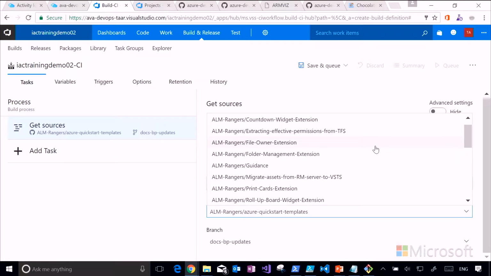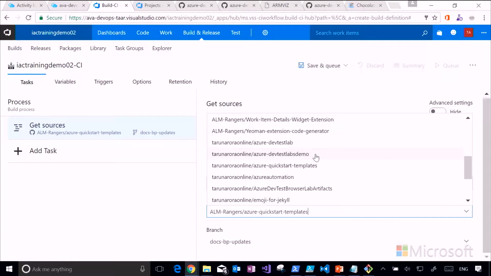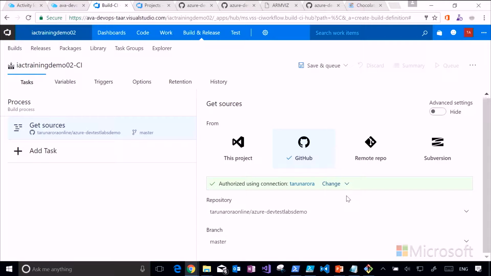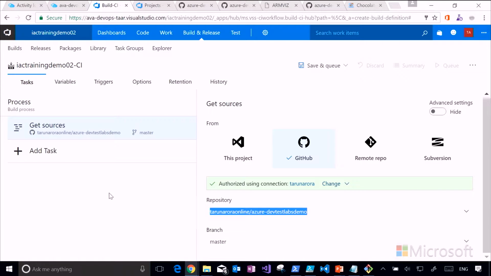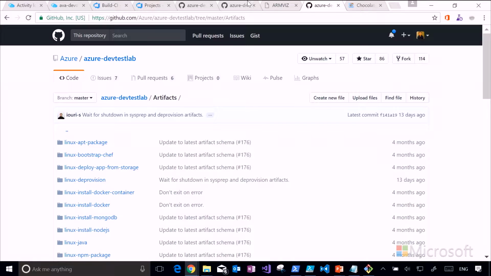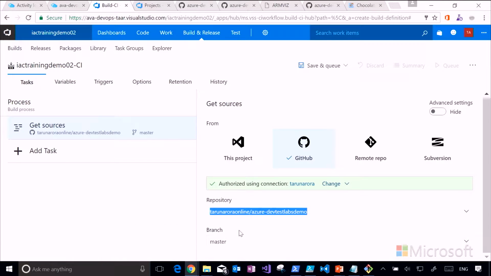Okay, so let's see if we can. There we go. This is the repository. And again, it asks me which branch I want to associate. Let's just double check that this is the right repository. Yeah, that's the right repository. That's the right branch. So we're pretty much connected with GitHub, which means not only can I trigger the build